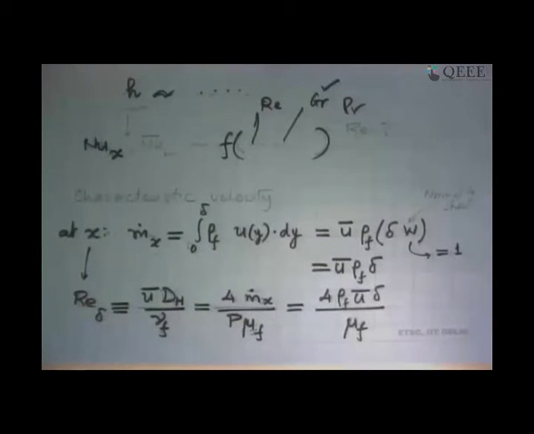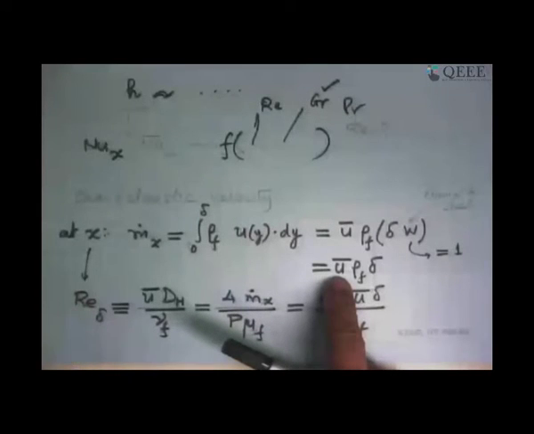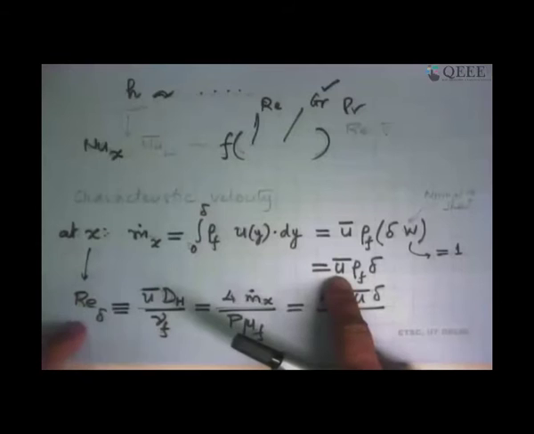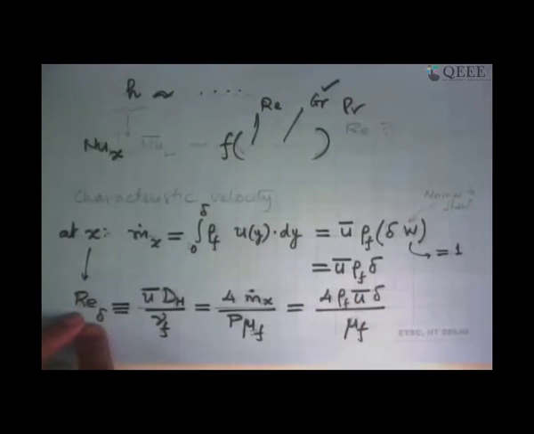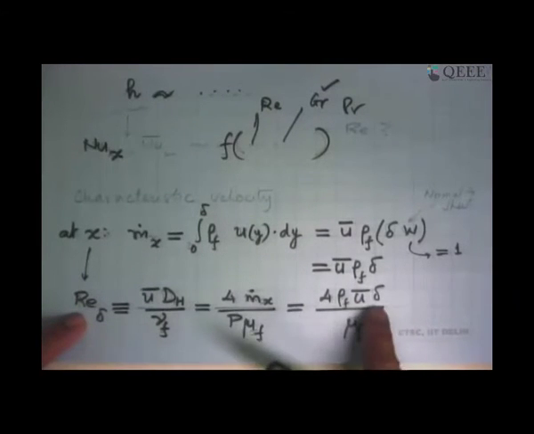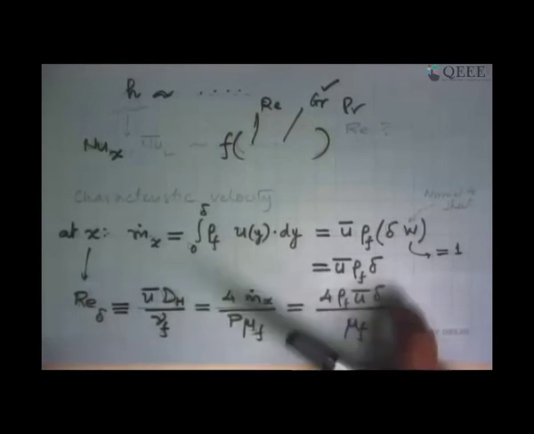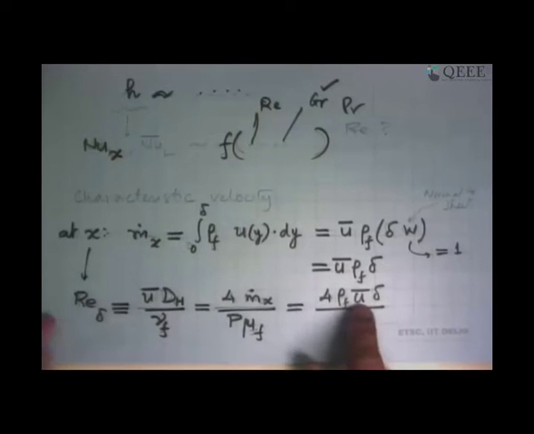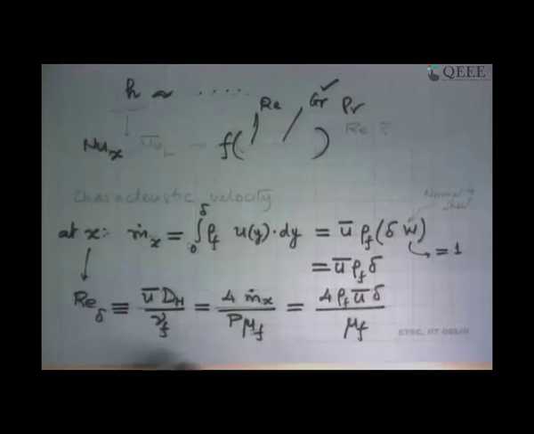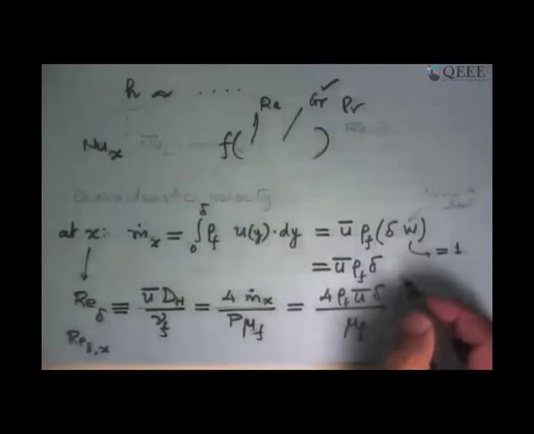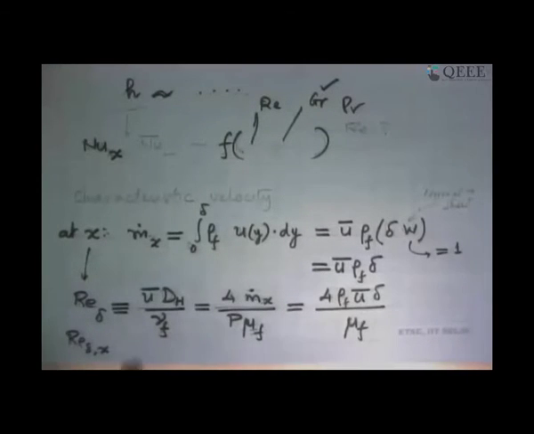So we started getting something. We said, well, now we are able to define a mean velocity in the flow, and using that we have been able to define a Reynolds number in the flow. And what we have assumed here is that the perimeter, the depth, cancels out in this case, and so you have the Reynolds number in terms of the mean velocity and the film thickness. This, of course, technically will be Re delta x, because this depends on which x location we are starting from the top of the plate.